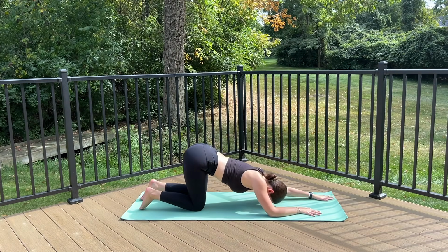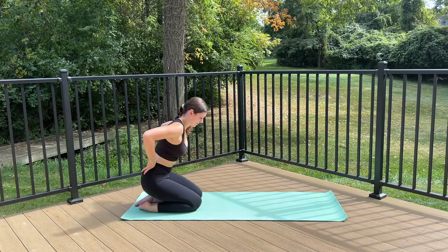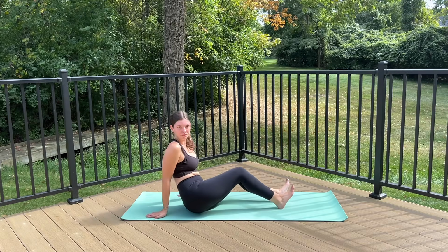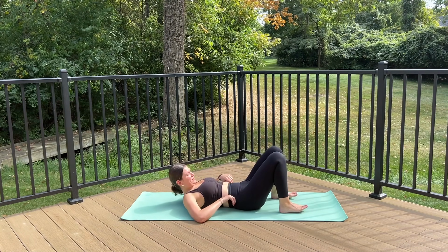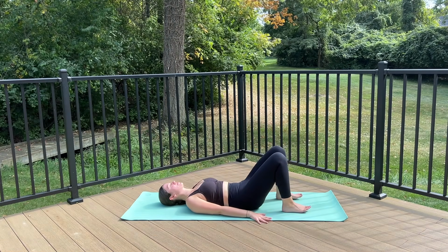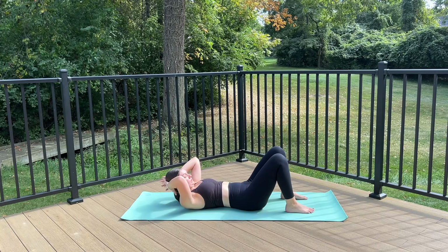Gently start to come out of this stretch now, walking your hands back towards your hips. And let's flip around so that we're laying on the back side of our body now, getting ready to work the abs. So lay flat on your back with your knees bent and your feet hip distance apart. Interlace your hands behind your head now with the elbows out nice and wide, getting ready to start with some